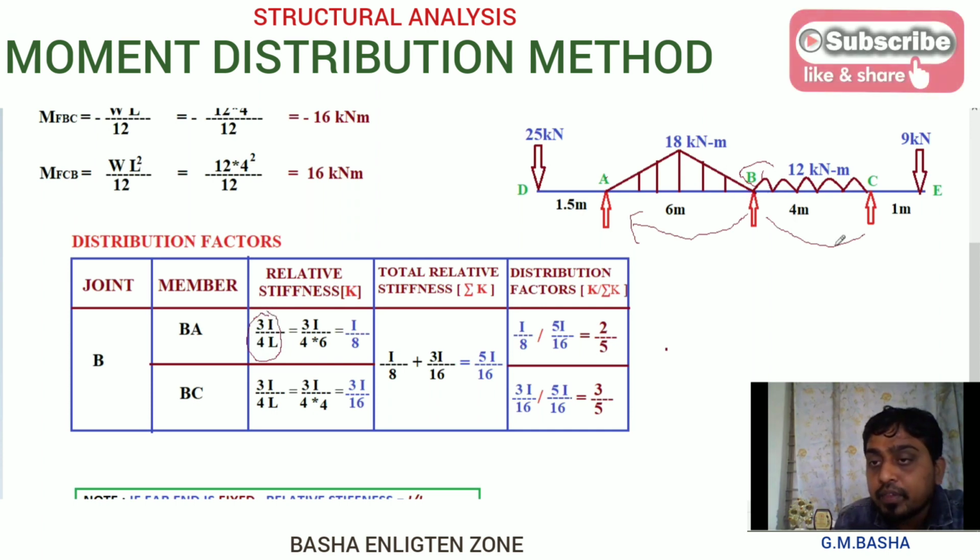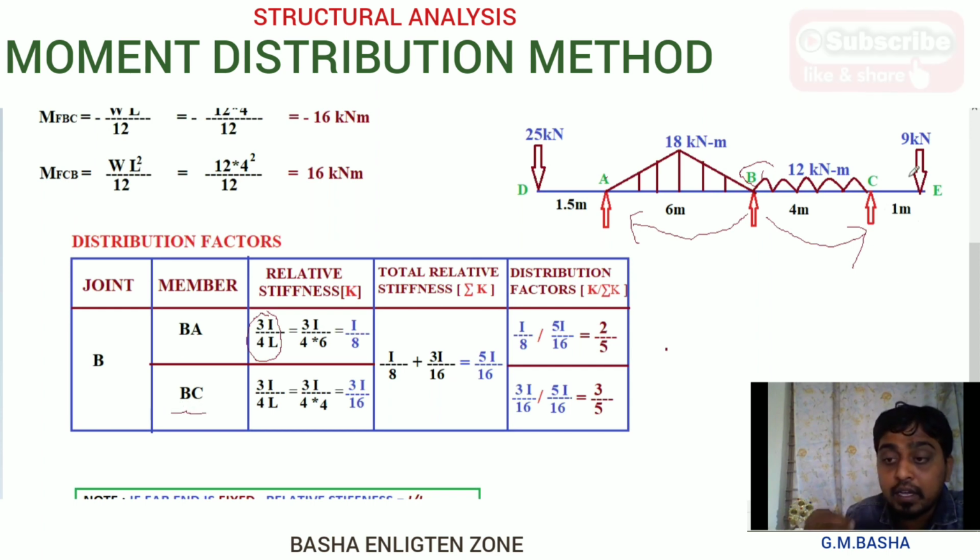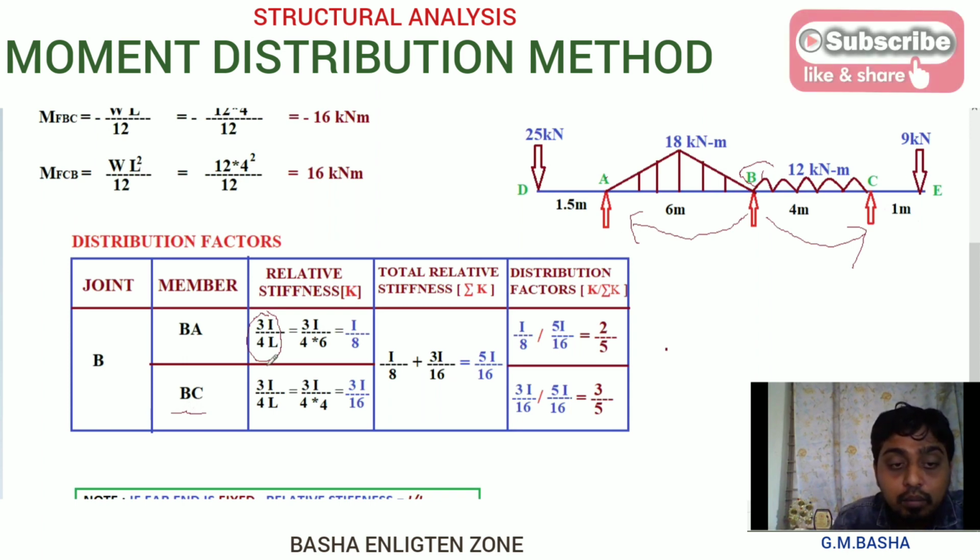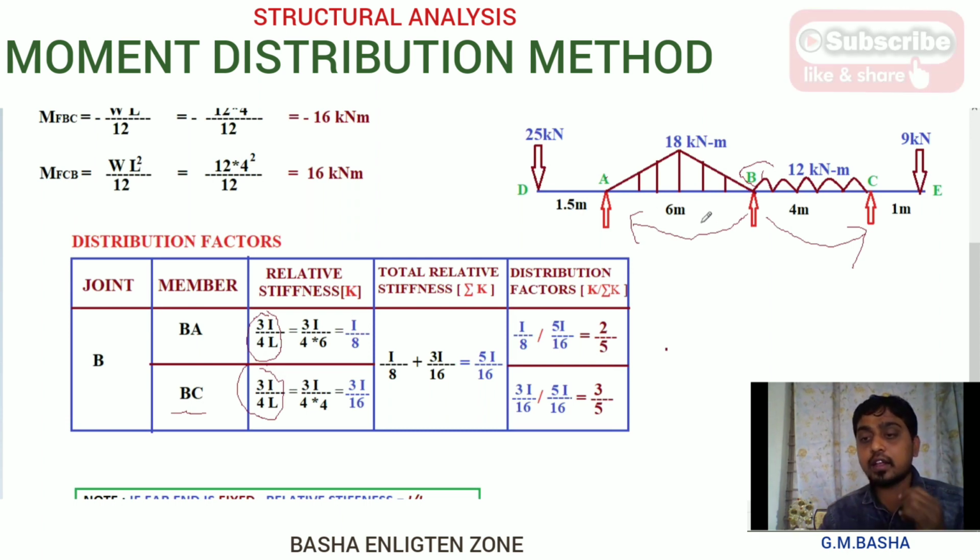Similarly at C, if you observe, the beam overhangs the supports, means it is an overhanging portion of the beam. While talking about BC, if your far end is the overhanging portion of the beam, then you take down relative stiffness equal to 3 by 4 times of I by L, where I in the given beam will be I only, because they will not mention any other property here.